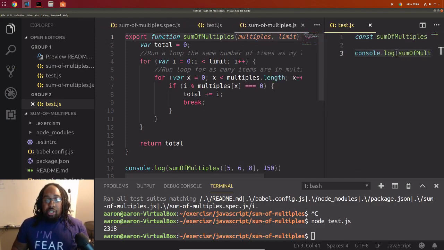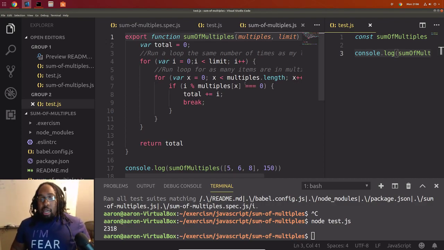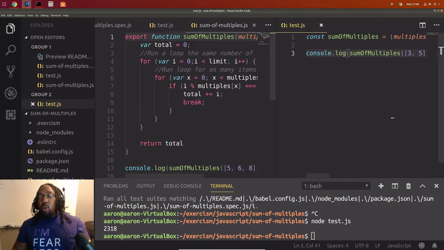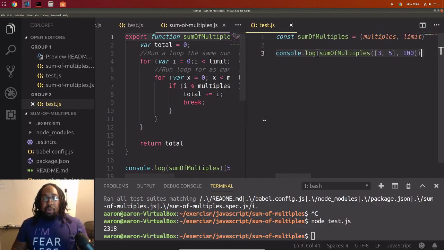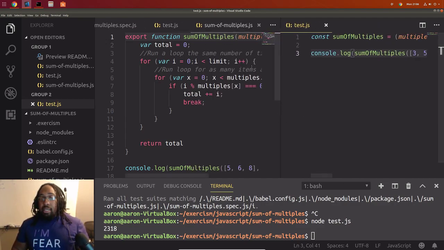I want you more so to understand, don't worry about the syntax here that much. More so worry about what we did. Remember what modulo or modulus does and understand the concepts of how we're solving this, because as you can see here, you can solve it in two wildly different ways, and different languages have different tools available that allow you to solve it in different ways. Once you understand the concepts, you can use any language to do so.